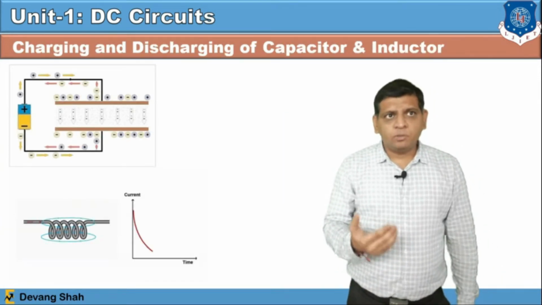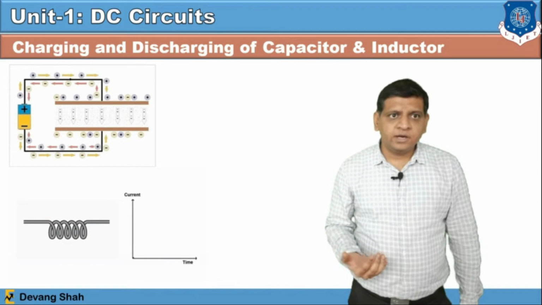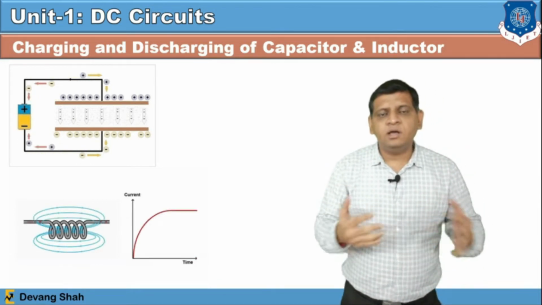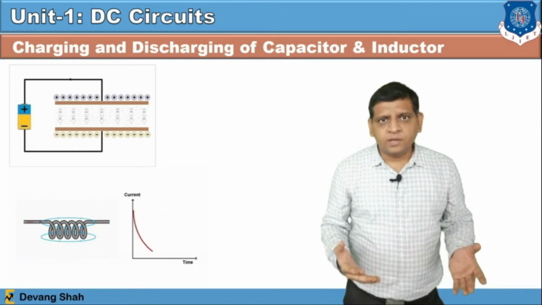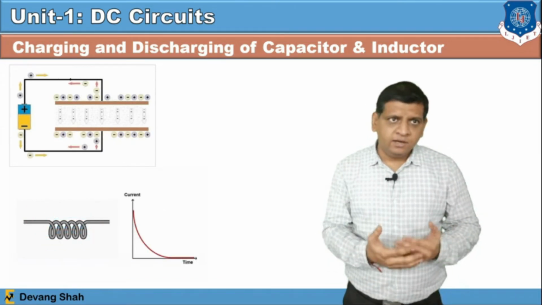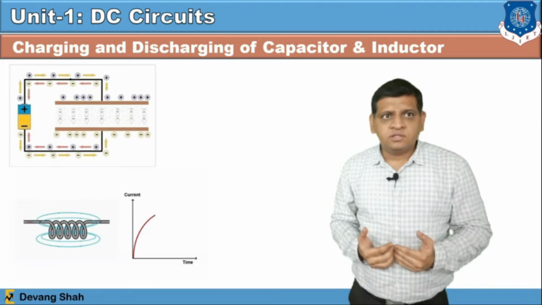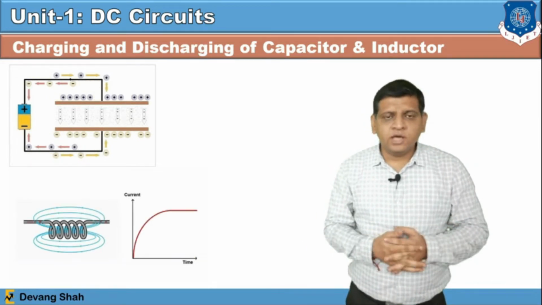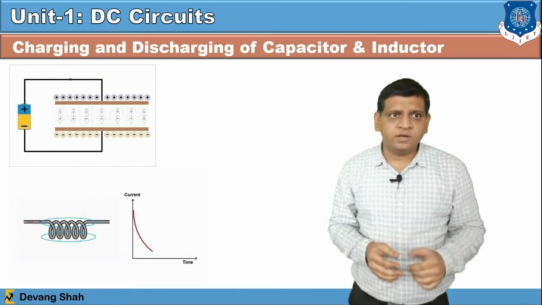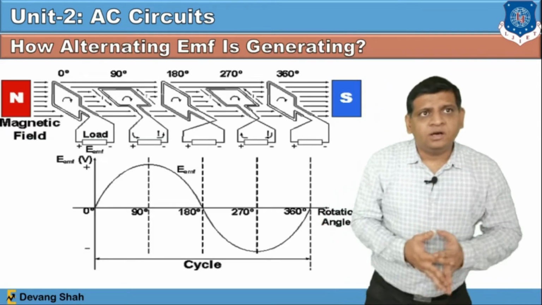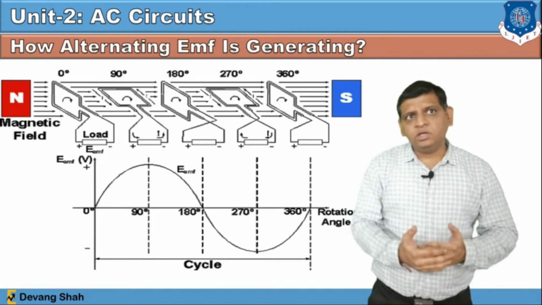Now the next topic is charging and discharging of capacitor and inductor. Once the capacitor and inductor are both under excitation of the DC supply, you can see in the video how the accumulation of charge is possible in the capacitor and inductor. Now in our second unit we are going to understand the AC circuits,